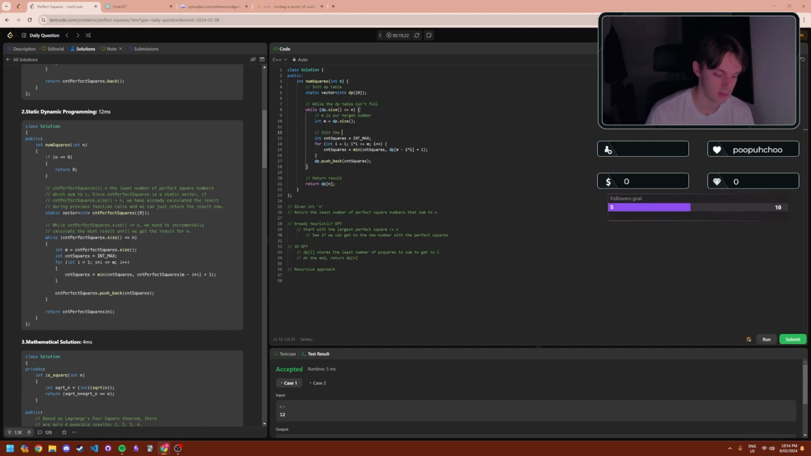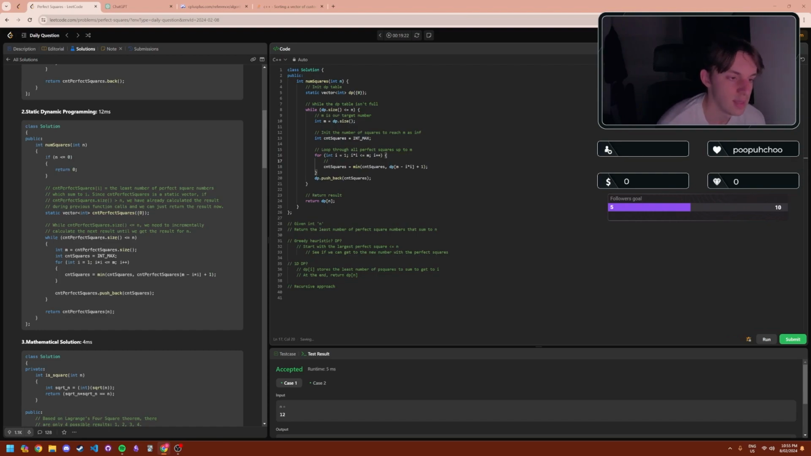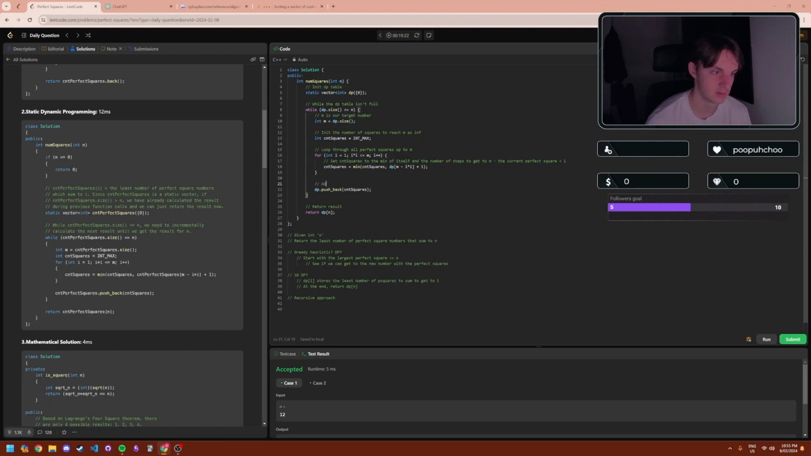Init the number of squares to n as pretty much infinity, and then we want to loop through all squares up to m, and then we set squares to the min of itself and the number of steps to get to m minus the current square plus 1. Okay, I think I get that. And then add